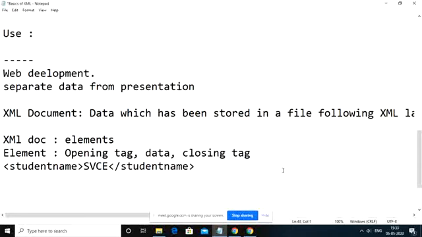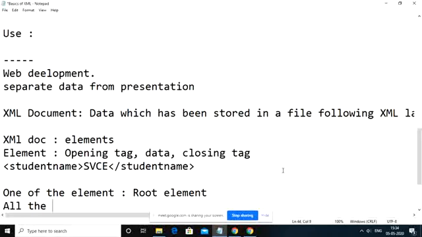But out of all these elements, one of the elements we call the root element. Why we call this element the root element is that all the elements present within any XML document are arranged in tree fashion. Tree fashion is nothing but they are arranged in hierarchical fashion.